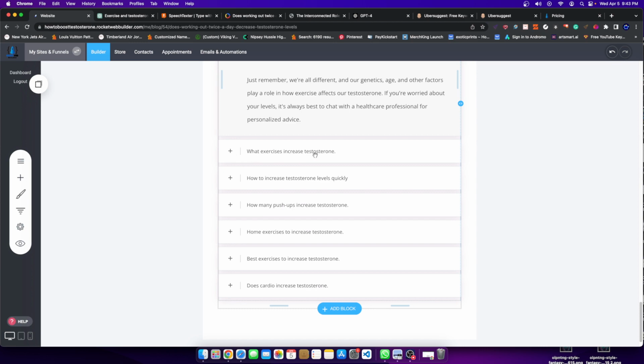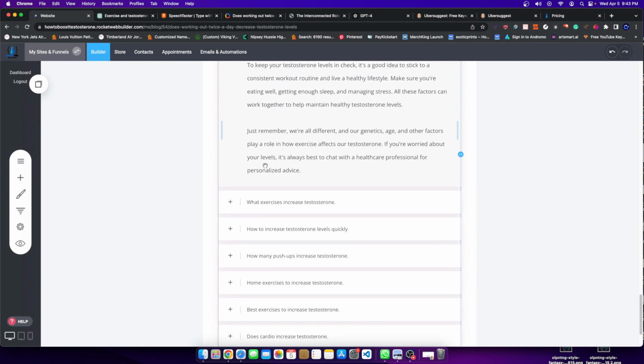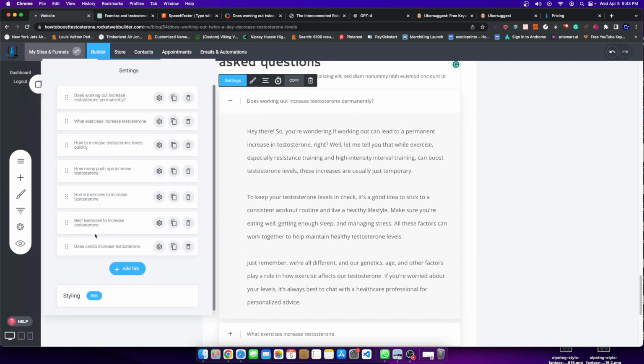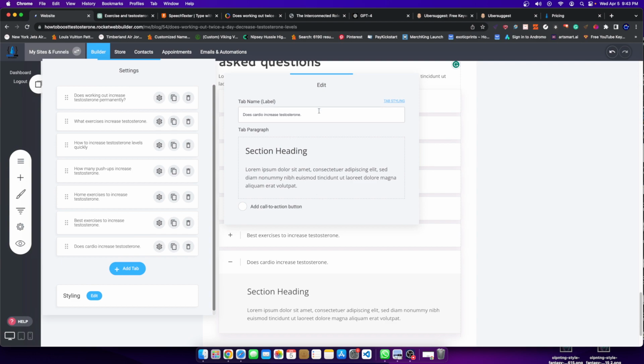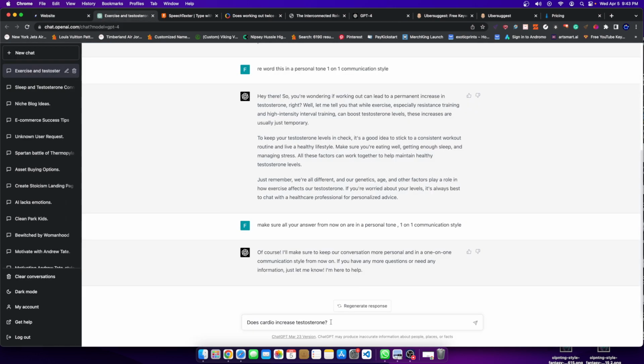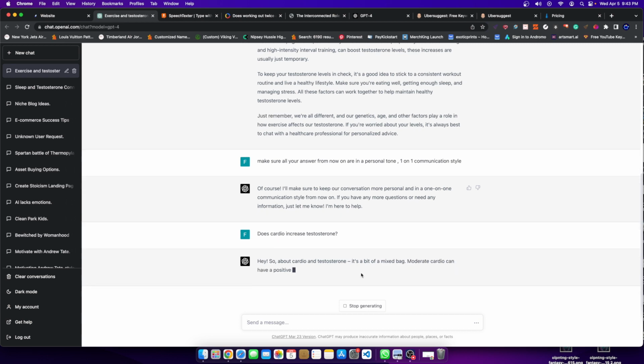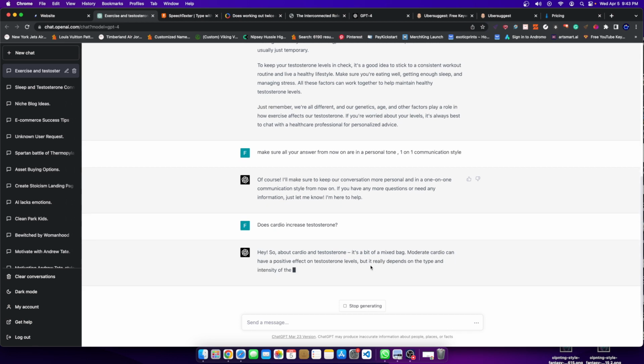It says, what exercises increase testosterone? How to increase testosterone levels quickly. Okay, home exercises to increase testosterone. Let's go ahead and pick a random one here. Does cardio increase testosterone? That's actually a better question, honestly. And we're going to fix the punctuation here. And boom. All right, so, hey, so about cardio, boom. So it's giving me a good answer, right?